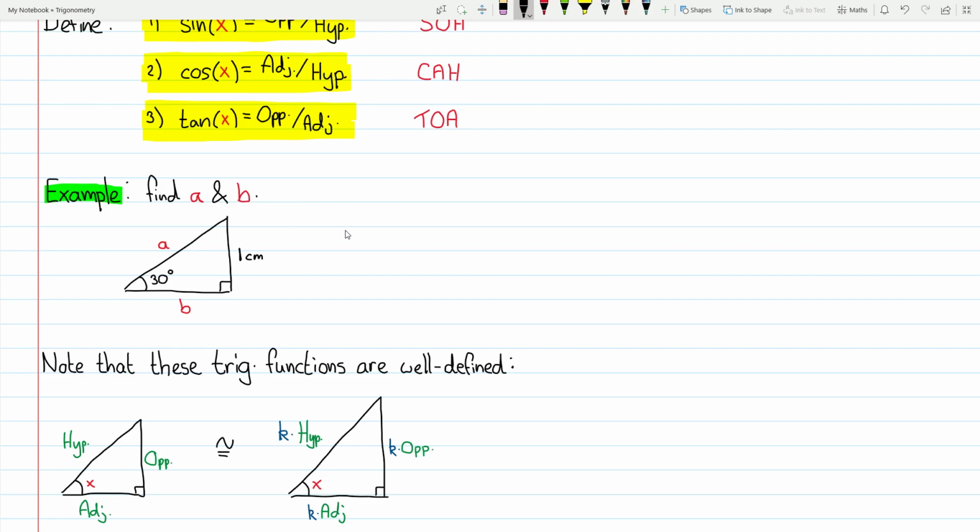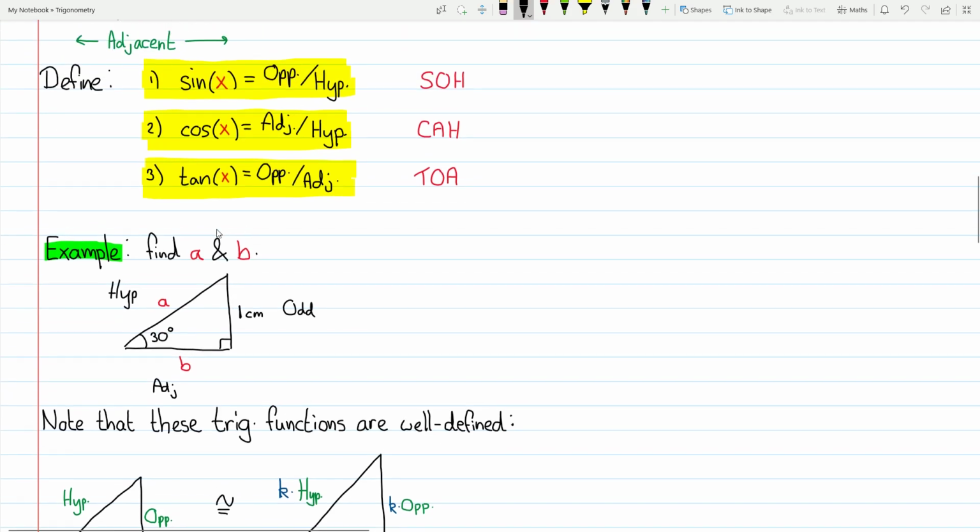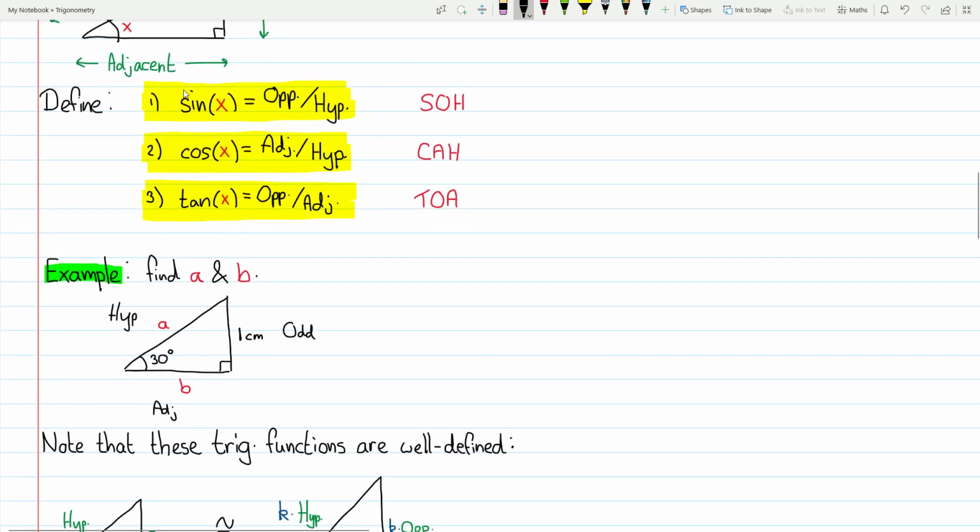So, for example, let's try and find the side A. Well, if we label the triangle, we have the hypotenuse is our side A, the opposite is our side of length 1, and our adjacent is our side B. If we want to find the length A, then we want to incorporate information that we know: the angle, the opposite, and the hypotenuse. Well, the trig function that incorporates the angle, the opposite, and the hypotenuse is the sine function. So if we just naively write down sine equals opposite over hypotenuse,